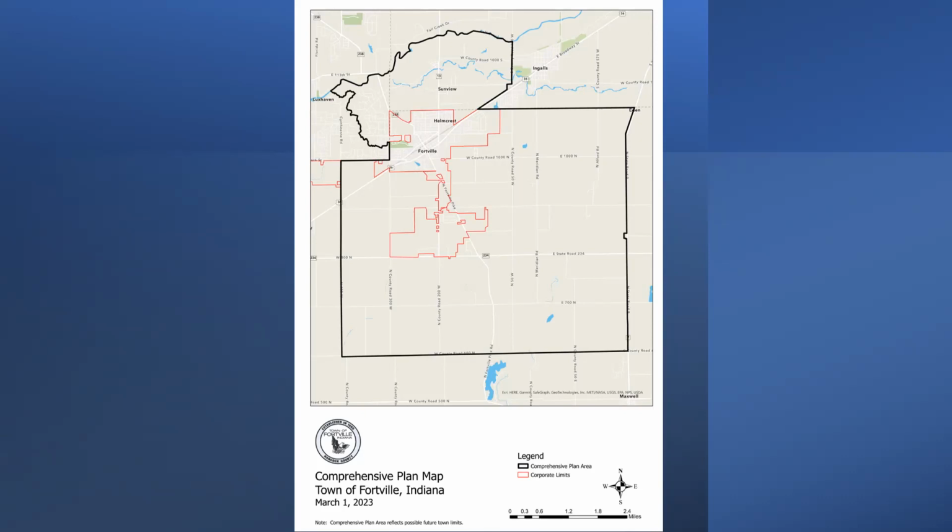Well, the only other thing to remember is that the only thing we'd be able to rezone at this point is anything in the red box, because that's our actual jurisdiction. So whatever land uses we show outside of that red box, but within this black area, it's really just advisory, because until that property's annexed into the town, they can develop it up to the county, and the county does have their own comprehensive plan for that area as well.